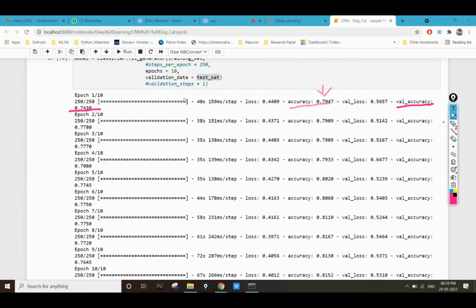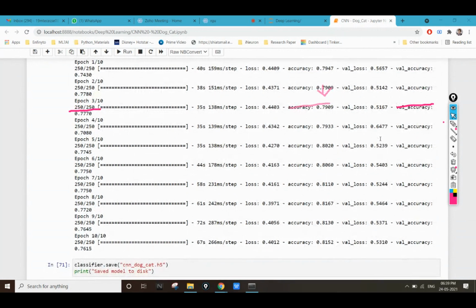This accuracy will keep on increasing and decreasing multiple times during these epochs.